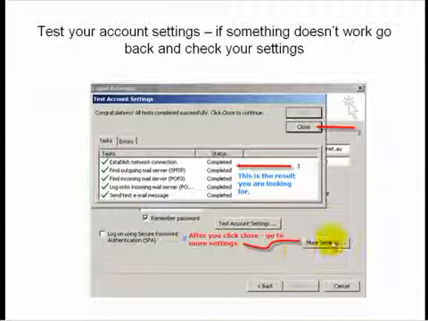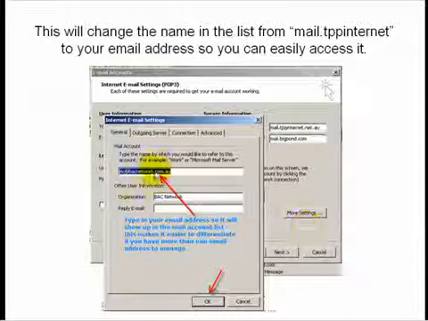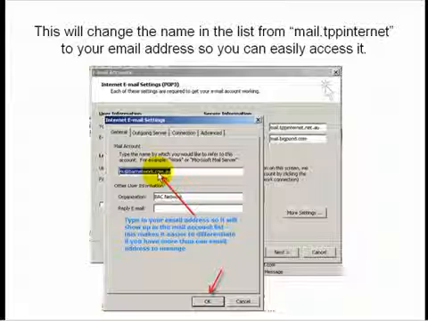But I want you then to click on this button here at the bottom right hand corner, which says more settings. When you click on that, you will see in there the name is mail.tppinternet.net.au. That's the default name that the account gives to every email address you set up. So if you set up 6 of them, they're all going to be called mail.tppinternet. And of course that's not going to be any good to you. So what we're going to do now is just replace that with your email address, so that when you see them in that list,